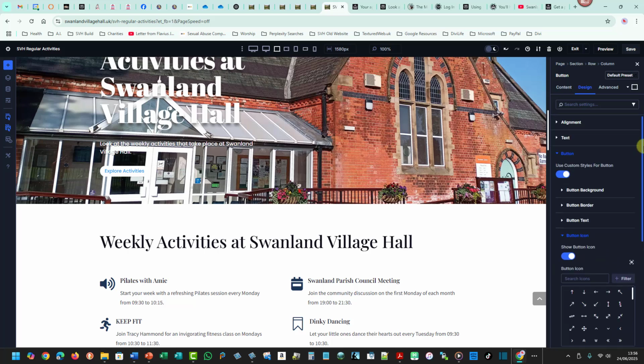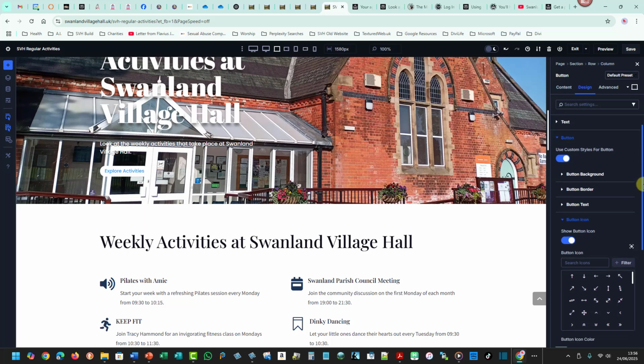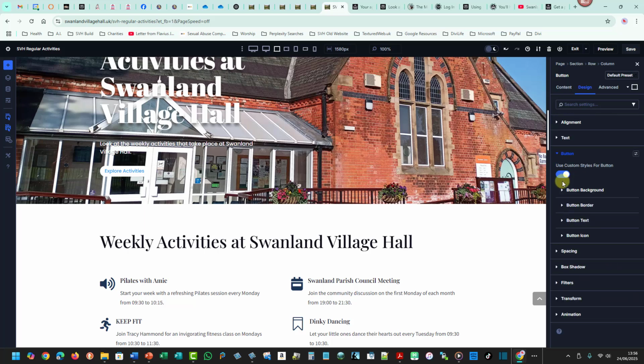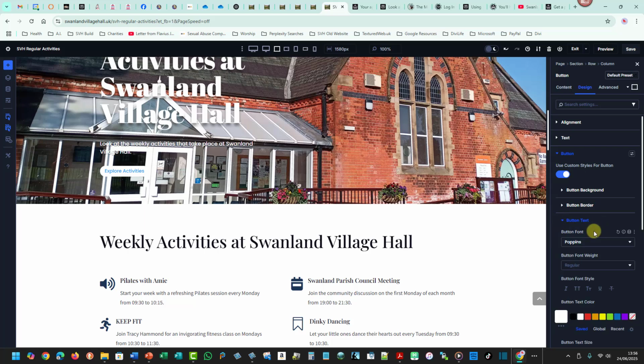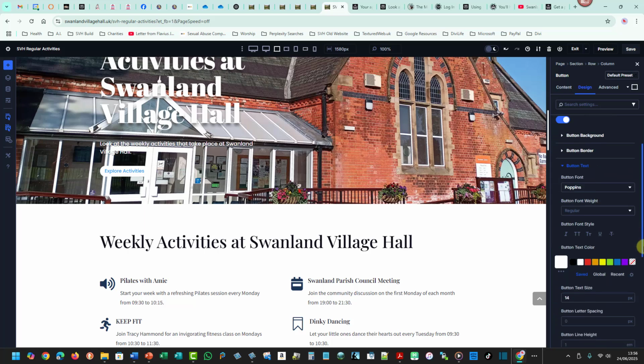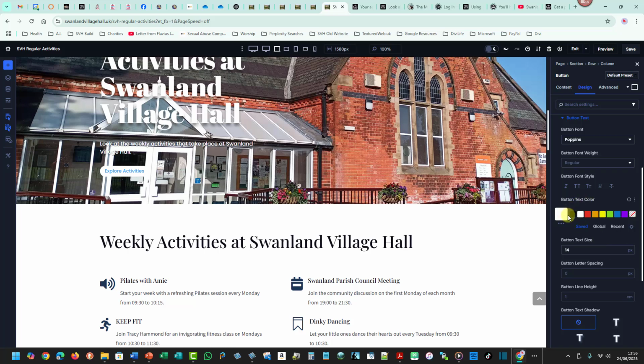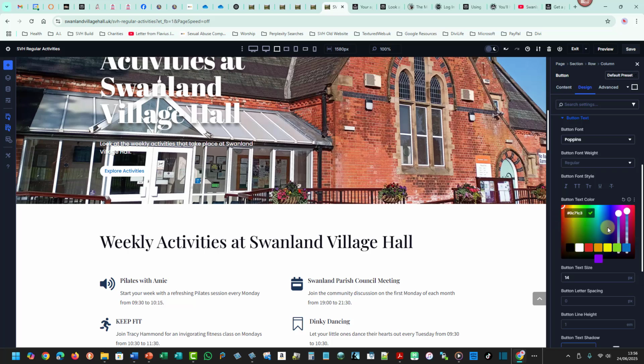Right, okay, so the button text. Let me go back onto there and look at button text again. Button text color. If I click on black, it's going to go black. That one had a dark blue to it, so what I can do is click on the blue here, and I can click on the actual color, and if I wanted to, I could click and drag. You see, if I drag this around, if you look at the button itself, you can change the color of the button. If I take it lower down, it becomes darker,